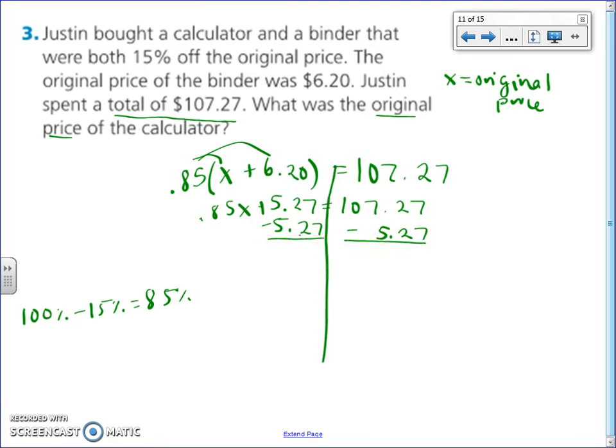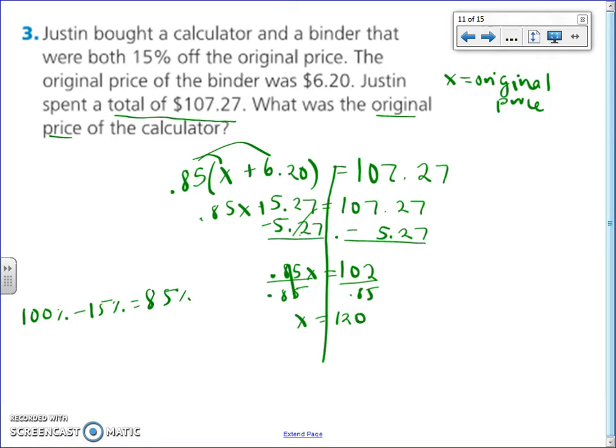And when I do that, I get 0.85x equals 102. Last step, divide both sides by 0.85 or 85 hundredths. And I get x equals 102 divided by 85 hundredths,